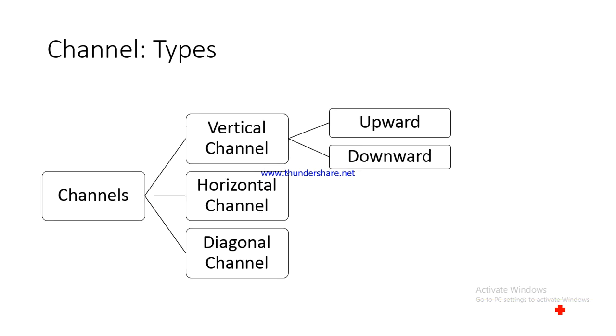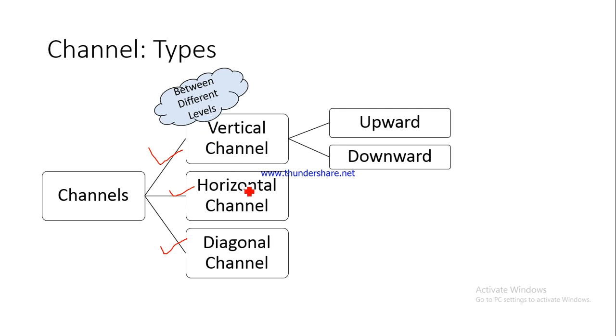Now let's talk about another categorization of channels, and this has three different categories: vertical channel, then we have the horizontal channel, and then we have the diagonal channel. Is that okay? Vertical channels, you know already, upward and downward. They can be broken down into these two categories. If the communication is moving from lower level in the organization to the higher level, then it is upward. If it is moving from higher level in the organization to the lower level, it is downward. Horizontal means at the same level,